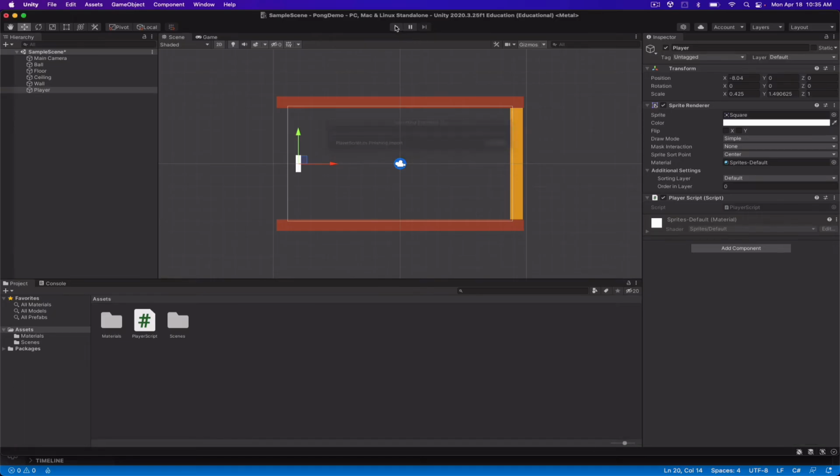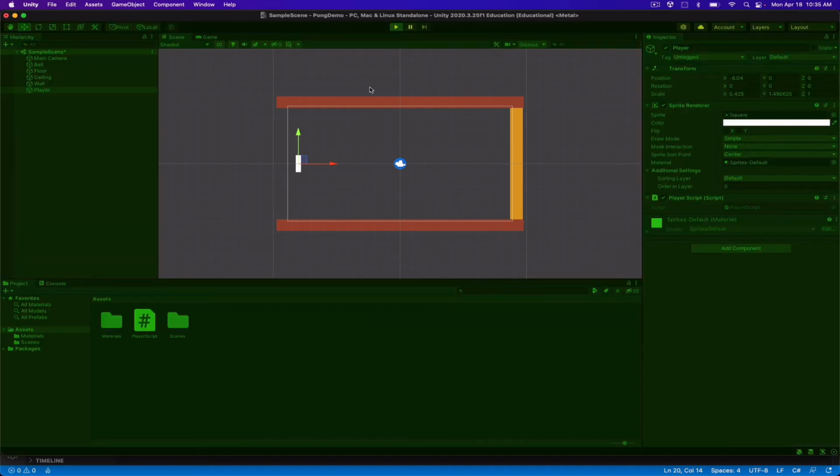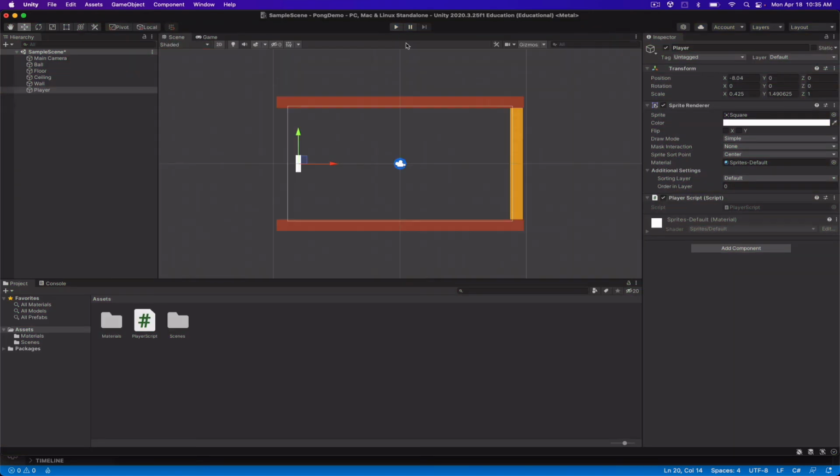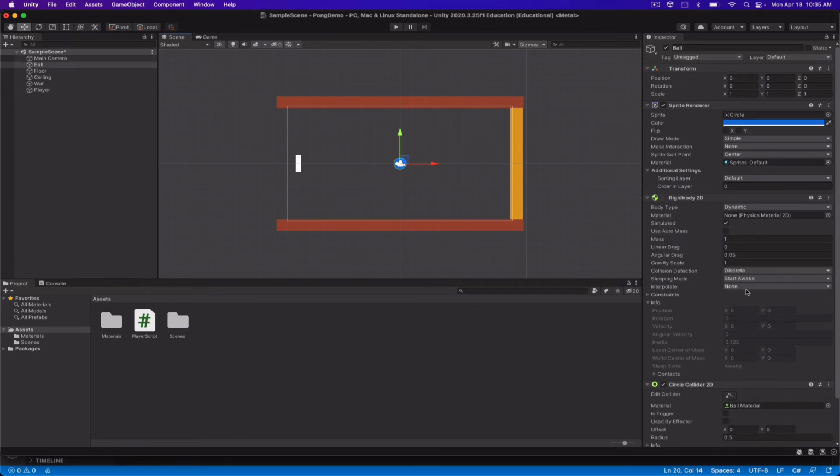So we press play, we go up arrow, we go down arrow, and we have some control over our paddle. That's pretty good, but it's not very useful with a ball that is just going up and down. And so what we might want to do is take gravity off of that ball and give it some initial velocity. So the gravity scale in the Rigidbody 2D for the ball is right now at 1. If we make it 0,